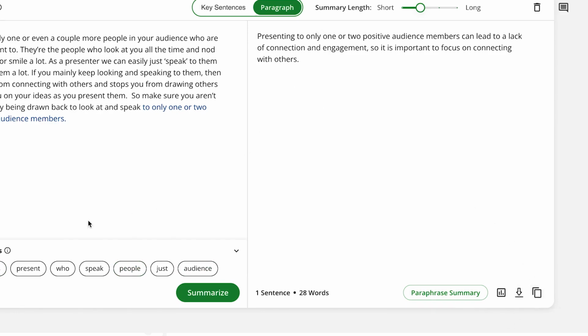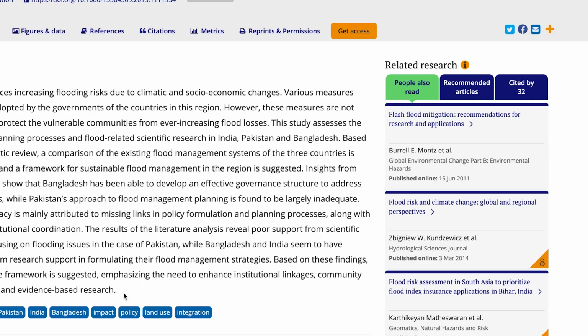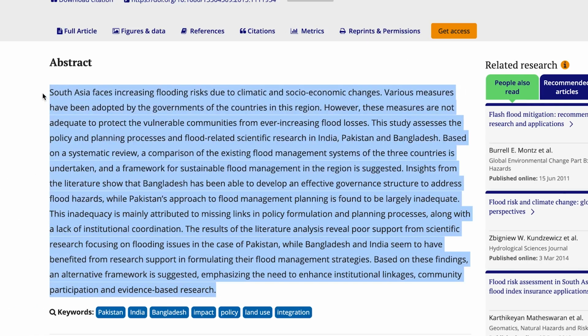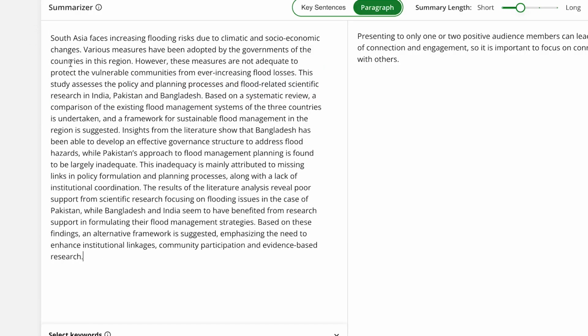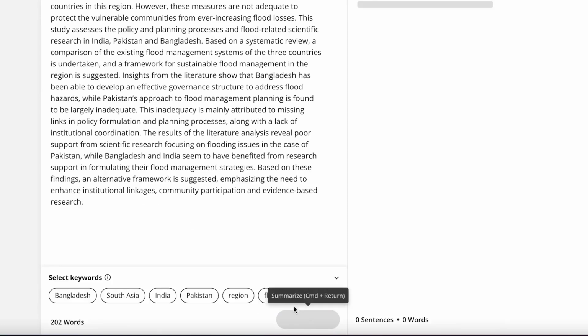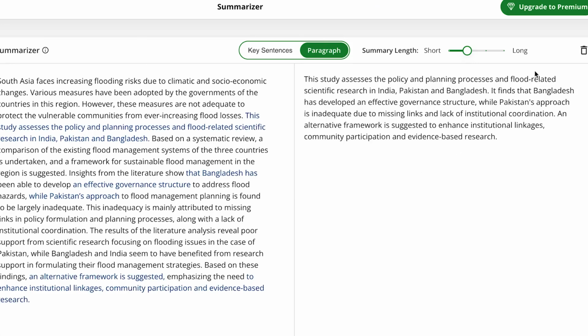So this is a very cool feature that I always like to try and use. If you have other content that you want to summarize that is larger or longer than this, there are many more texts than this. For example, you can come in here and copy some of this abstract and ask it to summarize this. Once you click on summarize, it's going to summarize this into this. You can see with just one click, it has just summarized.